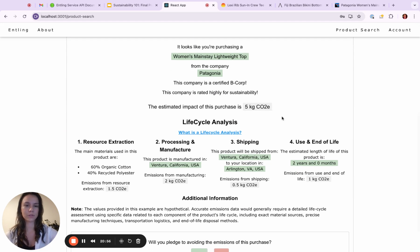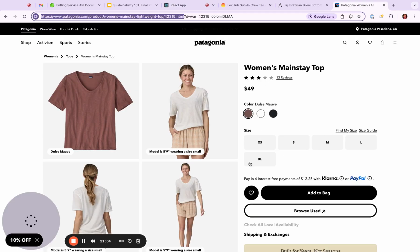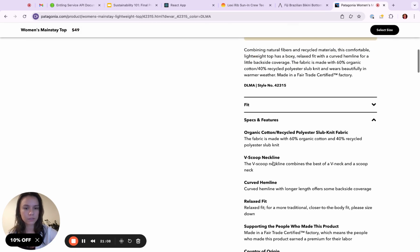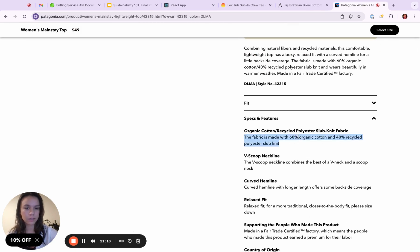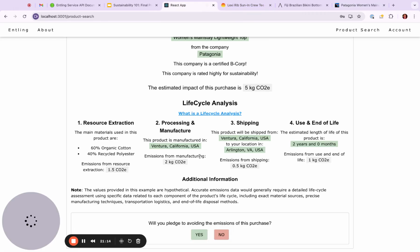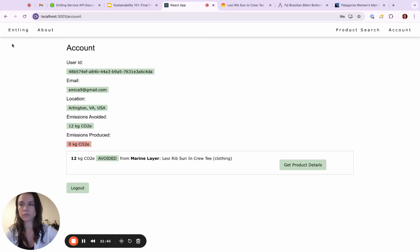Okay, so yeah, we can see here 60% organic cotton, 40% recycled polyester. Let's double check whether that seems accurate. Yeah, exactly correct. Nice. And Ventura is the manufacturer location for Patagonia. Now if we go back to account, oh wait,